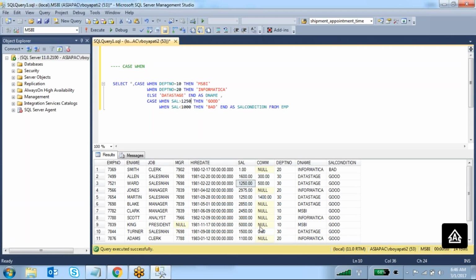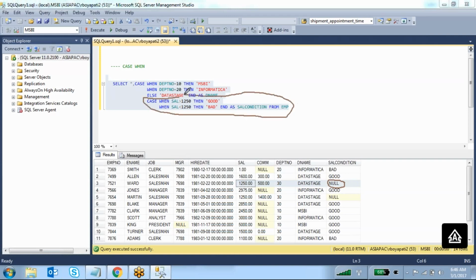Greater than 1250, it will display good. If it is less than 1250, it will display bad. Okay, so here it is 1250. What value is it displaying? Null it is displaying, because in your condition you didn't specify what to display if the salary is 1250. You didn't specify, right?